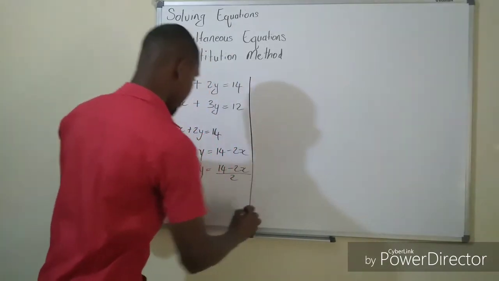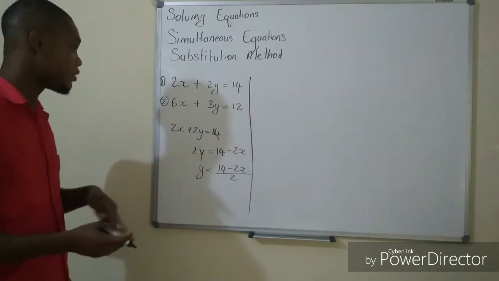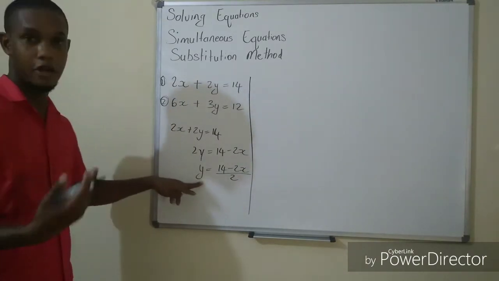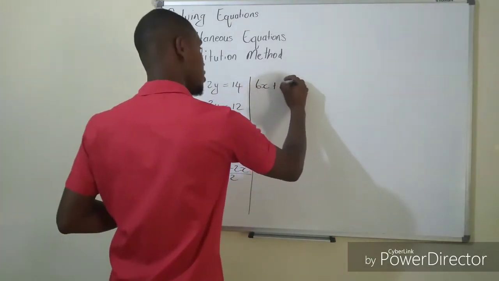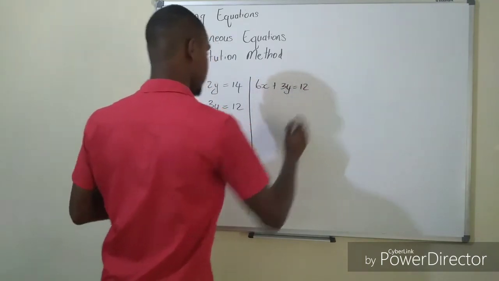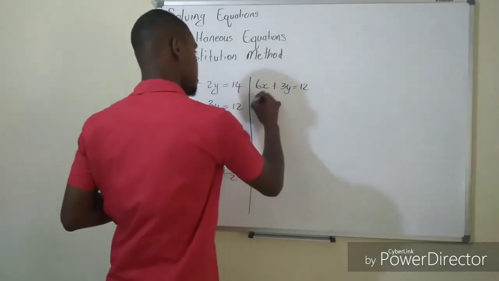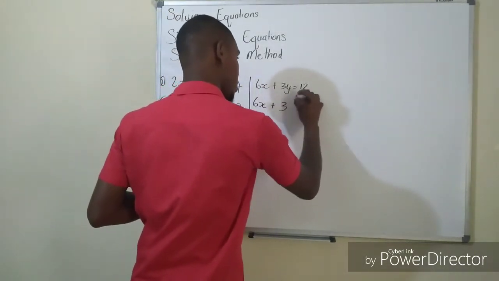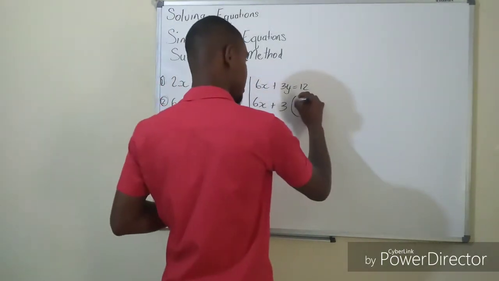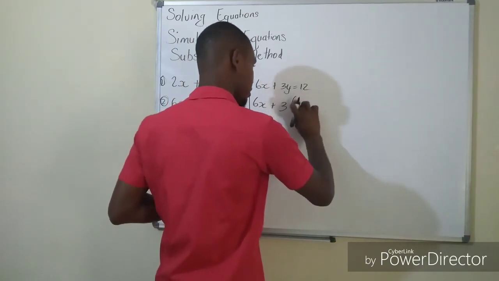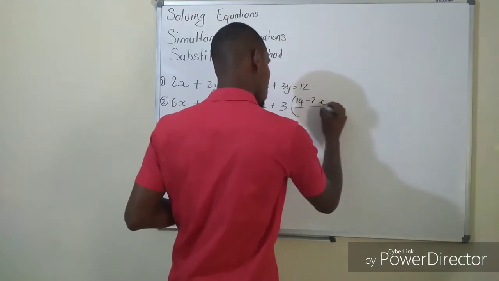Now that we have y as the subject, you're going to put it in the other equation that you had, where you see the variable y. So here, I'll just rewrite the entire thing: 6x plus 3y equals 12. We are going to put the value of y where we see y in our equation. So 6x plus 3, open bracket, (14 minus 2x) over 2. That's the value of y. We'll just write back the entire thing, so we'll have (14 minus 2x) over 2